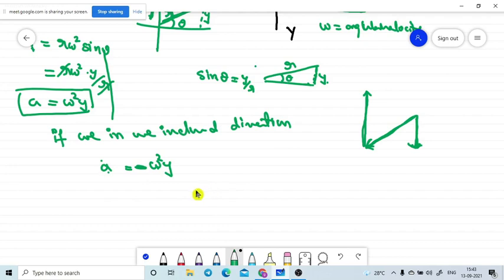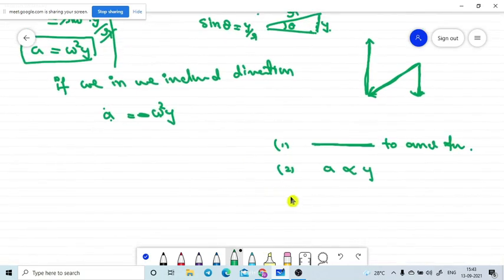What are the conditions for simple harmonic motion? There are three conditions. One condition is that the particle should execute straight line, to and fro motion about its mean position. That is the first condition. What is the other condition? The acceleration is always directly proportional to the displacement of the particle. What is the third condition? The direction of the acceleration is always opposite to the direction of the displacement